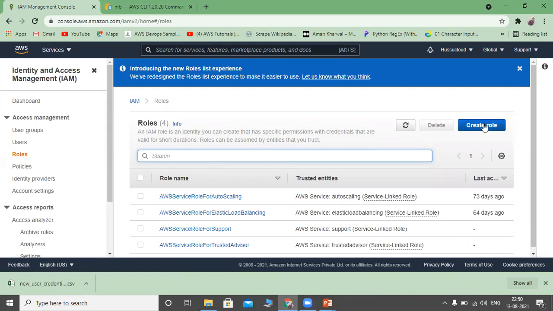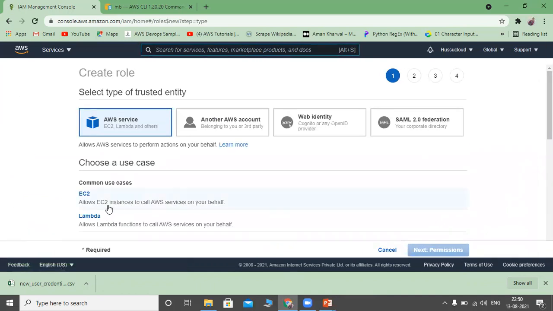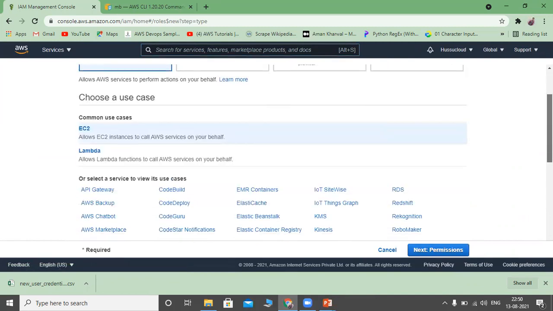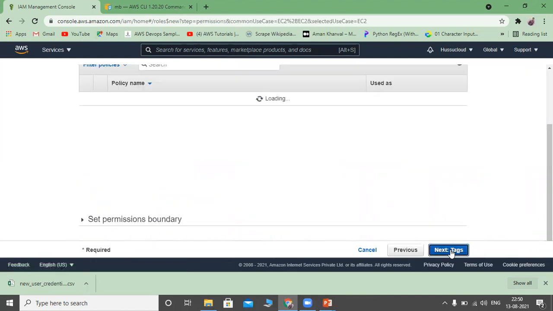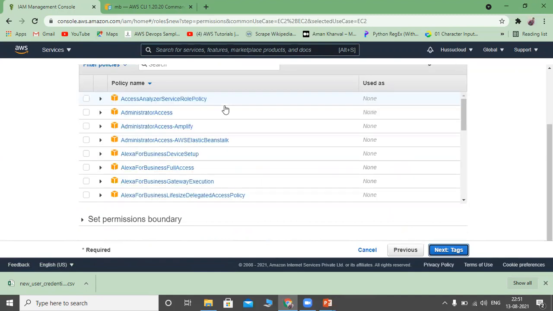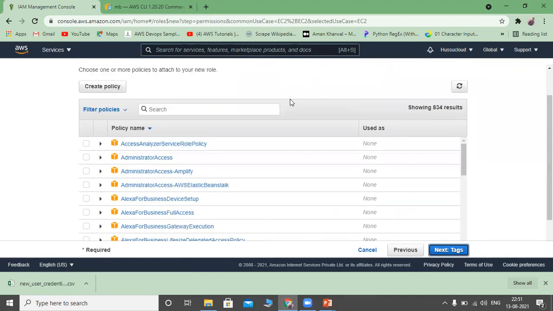So let us create a role. In general, we create a role at the EC2 level. So I am also creating a role at the EC2 level. This EC2-level role has permissions to access S3 without giving a secret key and access key.